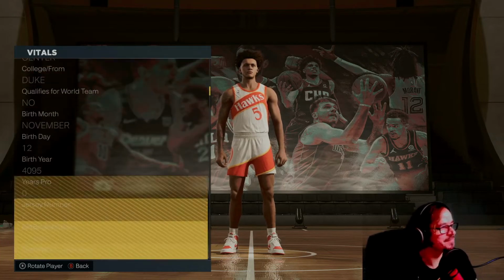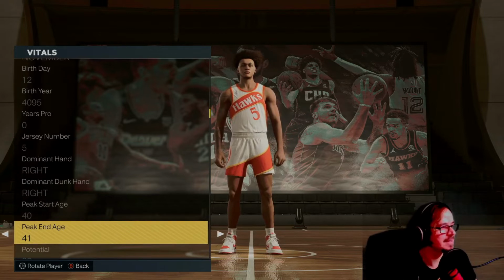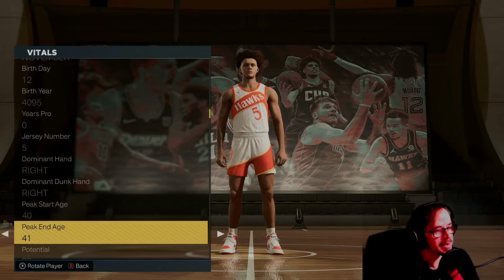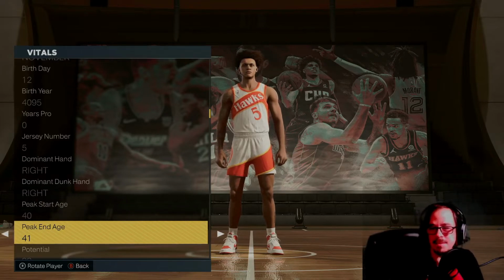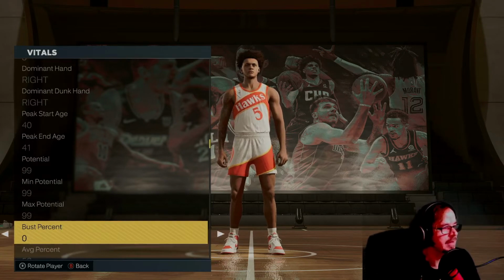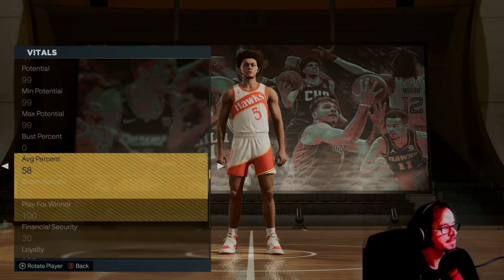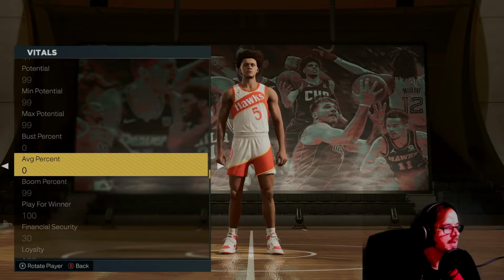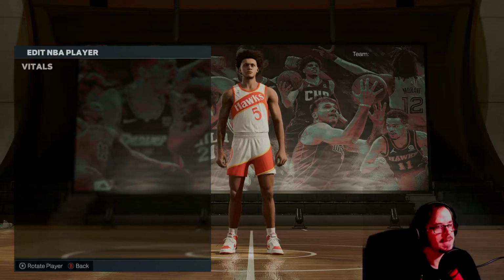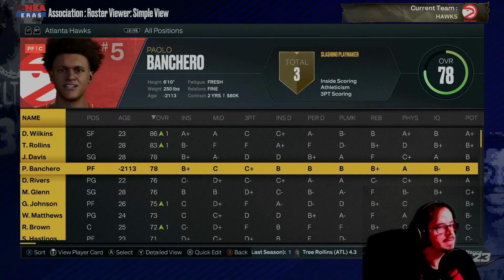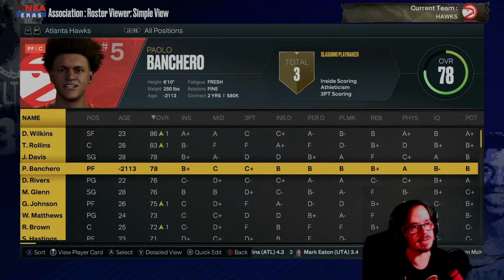Insane. I adjusted his peak start age at 40 and his end at 41, because that's going to help him just continue to progress forever. Gave him 99 potential and all that. Let's change this average percentage to 0, because he's not going to be average. He's gonna boom. So yeah, that's the Paolo Banchero that is going into this simulation,